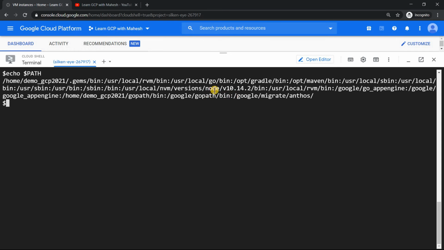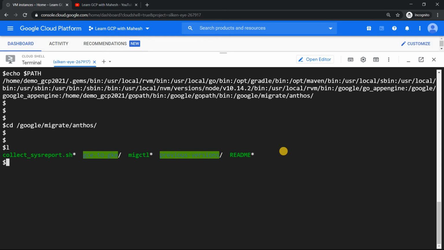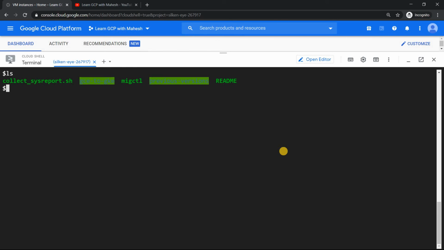So here you see the various paths. Now the most important thing for us is /google/migrate/anthos. So there's a partition like this. If I just go there and list it, you should see the files there. If I just clear the screen, ls, you see GCE to GKE, migrate CTL. These are some of the options which you get. And if I put ls -al,